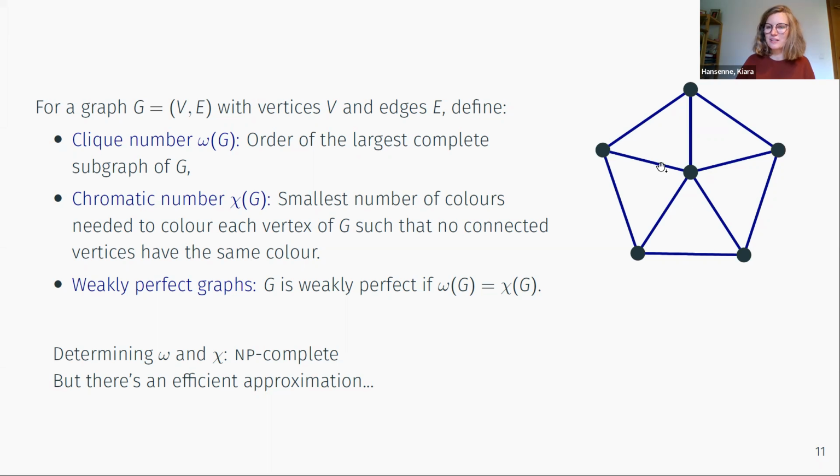So if we just look at this example here, for the clique number, we end up with 3. So omega equal to 3, meaning that the largest complete subgraph of the original graph that we have here is a triangle. So for instance, you can take that one. So it's fully connected. So each vertex is connected to any other. And its size is 3, meaning we now have a clique number of 3.